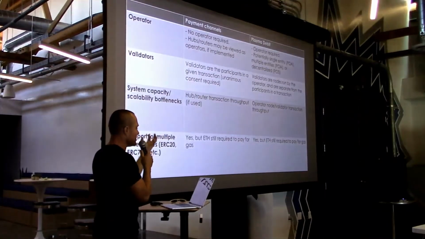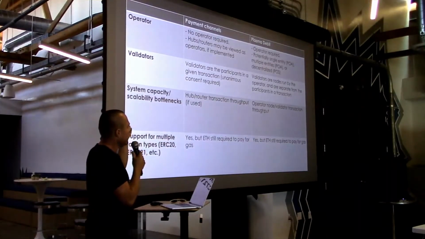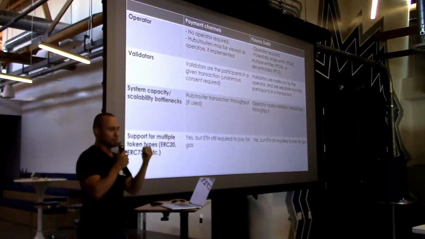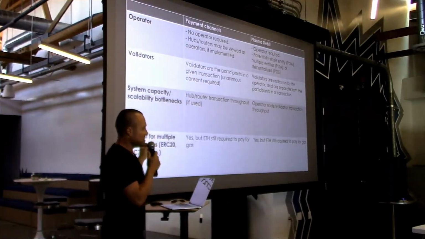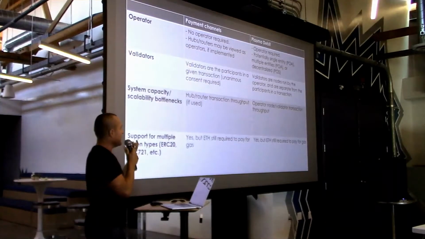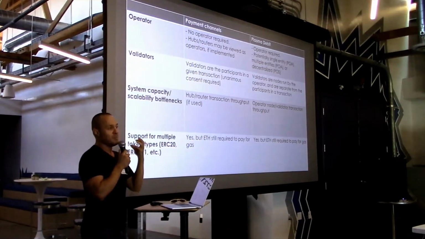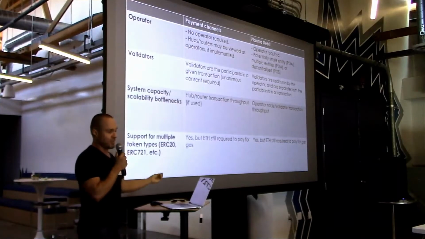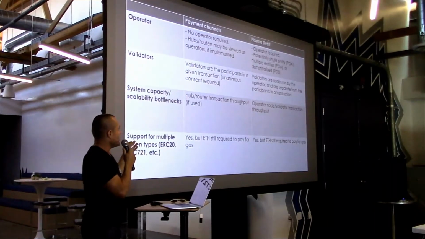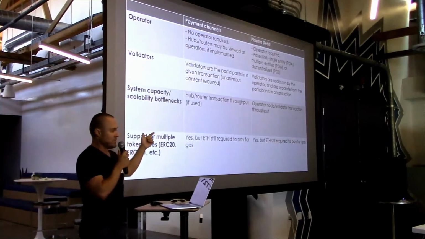So one key difference is architectural. Plasma has an operator, so there's a central, or it could be multiple, but there's at least one operator node running Plasma software that is creating blocks and is validating the transactions and submitting them to a root chain. In payment channels, you do not necessarily have any centralized entity or operator running any functionality in the network. You can have direct peer-to-peer payment channels. You can also have a hub, so people talk about hubs. And that's kind of a semi-centralized version of payment channels, but it's not required.